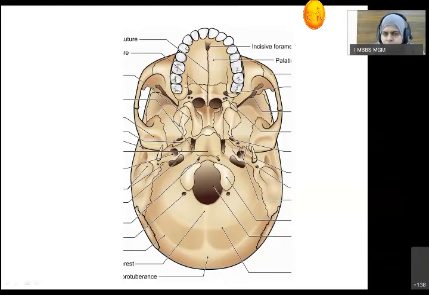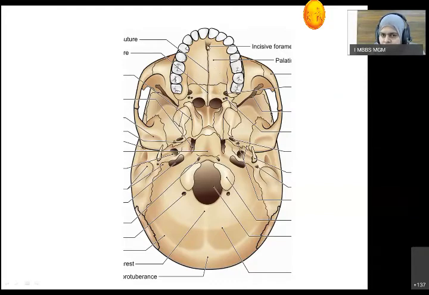How is this formed? What is the structure in this? This is the alveolar socket for the lodgement of teeth. Then there is the hard palate. This hard palate is formed by the cruciform suture, present between the palatine bone and the maxillary bone. The palatine process of the maxillary bone forms the anterior 2/3 part, and the horizontal plates of the palatine bone form the posterior 1/3 part. These are the sutures: intermaxillary suture, interpalatine suture, and palatomaxillary suture.